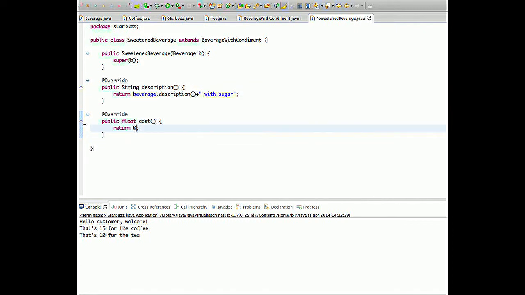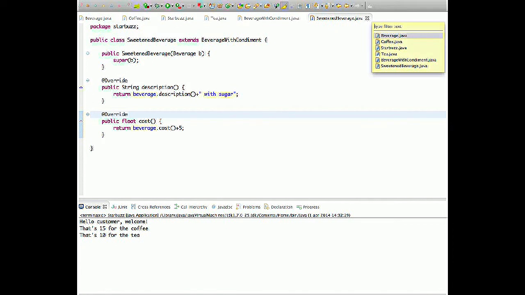And then our cost will be plus the added cost for our sugar being 5. Okay,